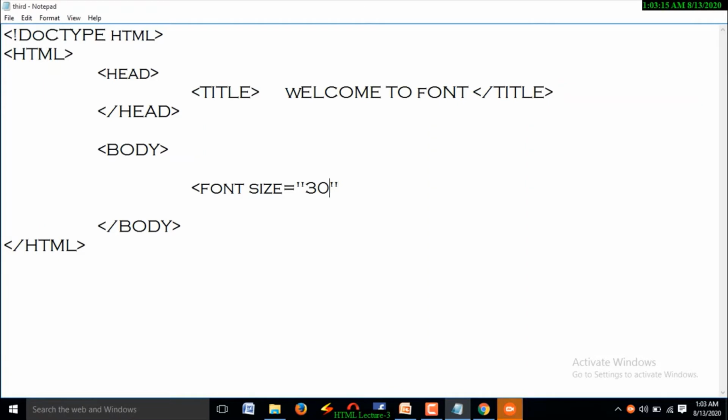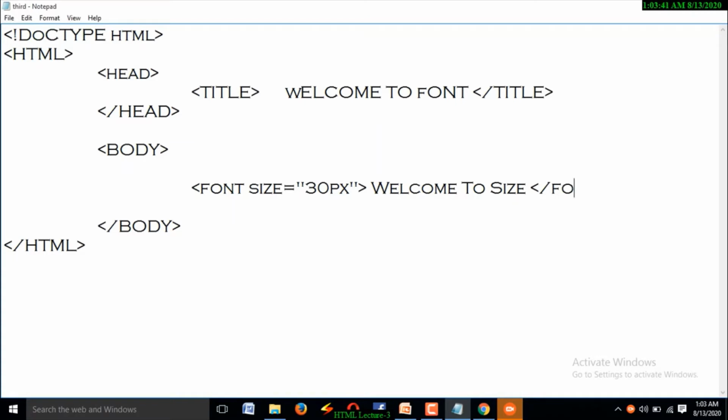Otherwise you may specify pixels by using px. Here font size is equal to 30 pixels, and here I am going to write some content. Welcome to size. Here the content is "welcome to size".